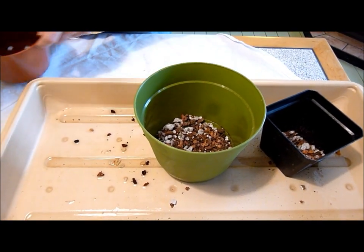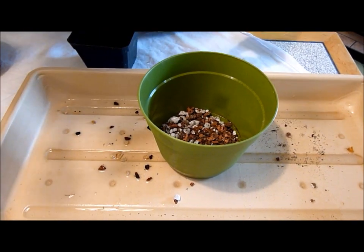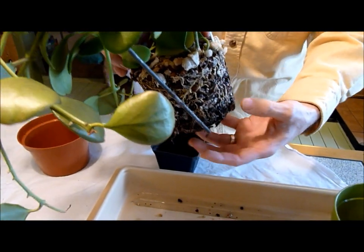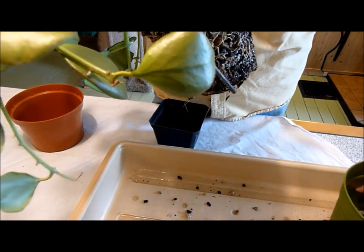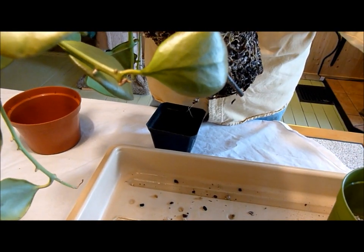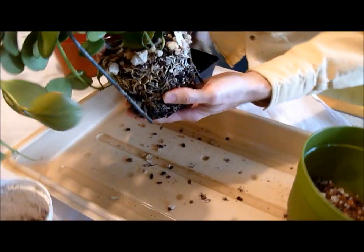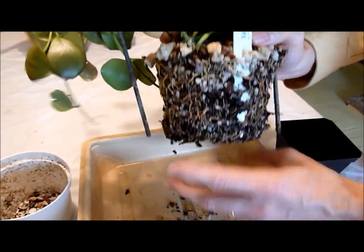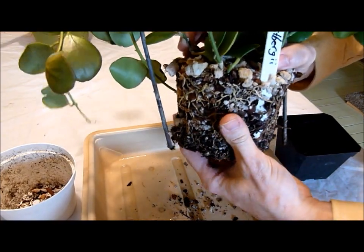Now, one thing I like to do when I'm repotting, and I prefer to do this in the summer, for one thing, we're dead in the middle of winter, is in the summer I will blast this with a high pressure hose, and I will loosen up all these roots in here to allow it to properly spread out and begin growing rather than leave it in this ball state. Since I don't have access to a high pressure hose, and the wife wouldn't appreciate running that in the dining room, as it would make some kind of mess,